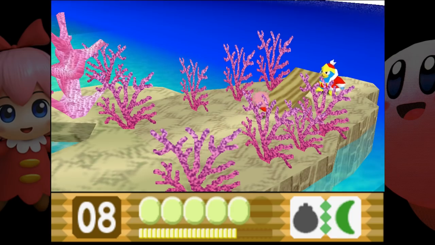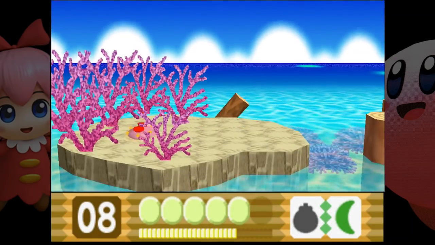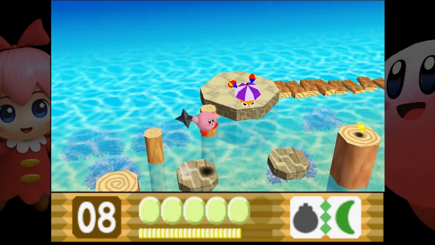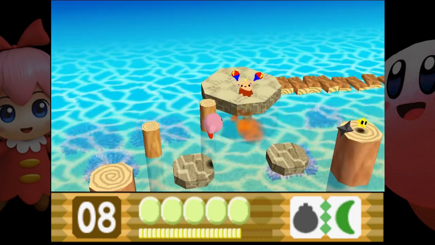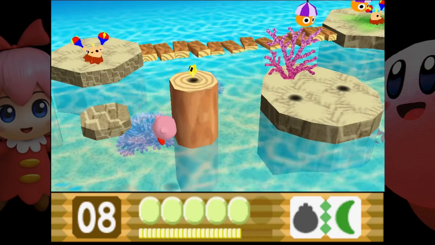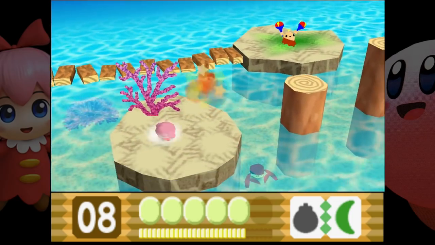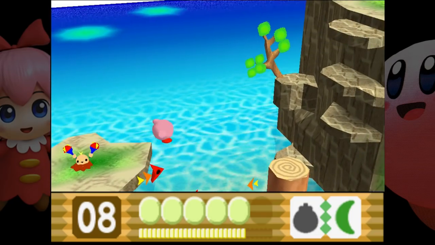If we're traveling as a group, how are they always ahead of Kirby? I don't understand. Don't question it. See that guy in the background dancing? If this was Yoshi's Crafted World, you could throw an egg at him. But we're gonna forget that game. It had some cool ideas, but...